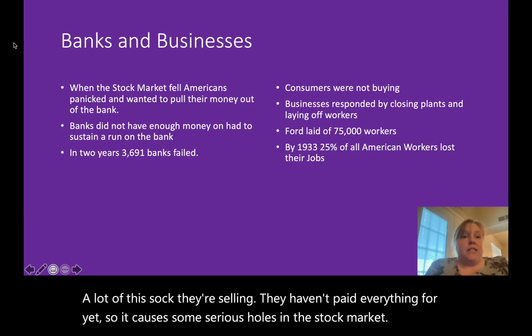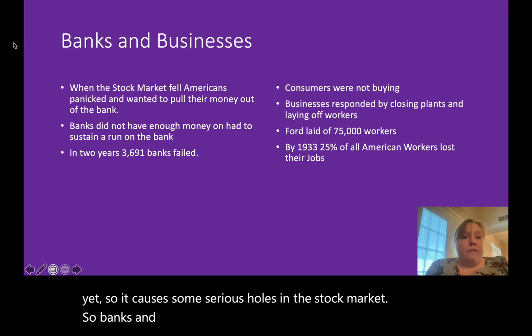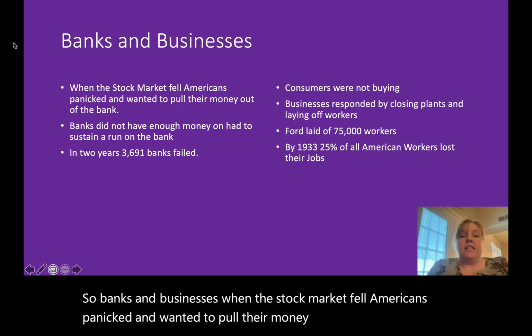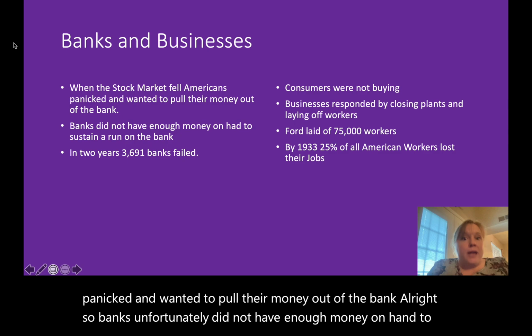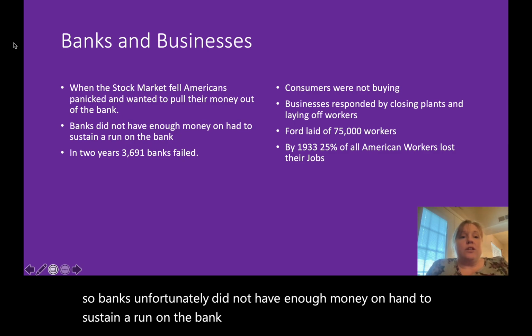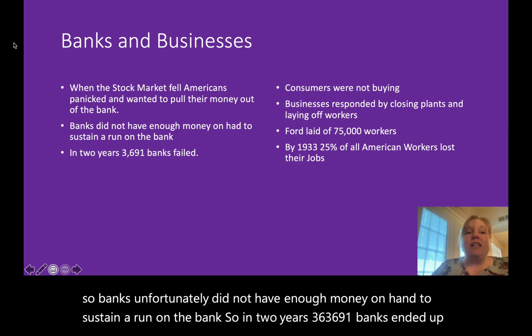So banks and businesses. When the stock market fell, Americans panicked and wanted to pull their money out of the bank. All right, so banks, unfortunately, did not have enough money on hand to sustain a run on the bank. So in 2 years, 3,691 banks ended up failing. So what this means is